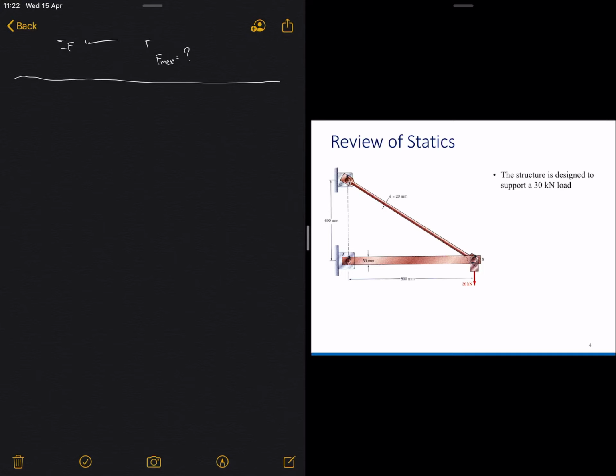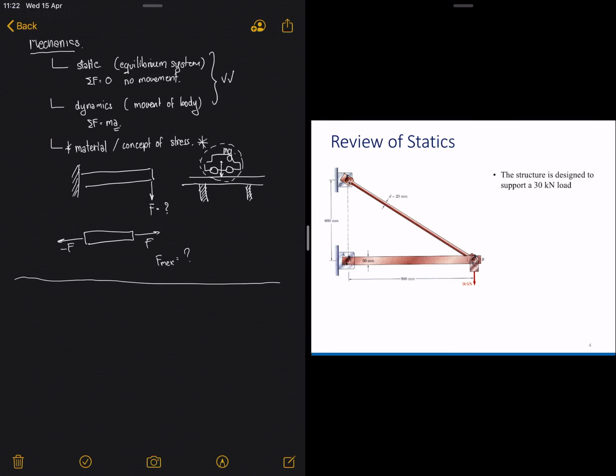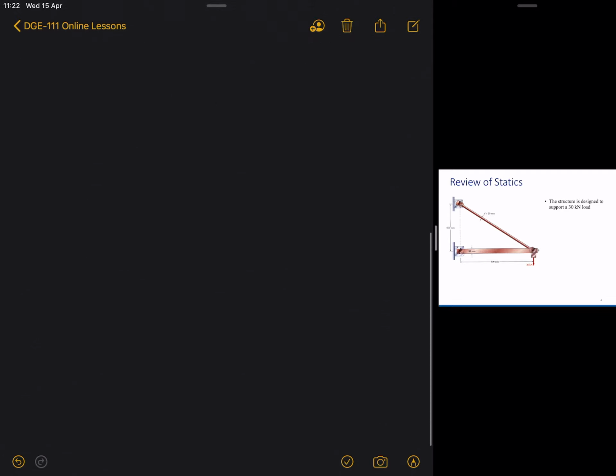First, in the real problem, as I said before,